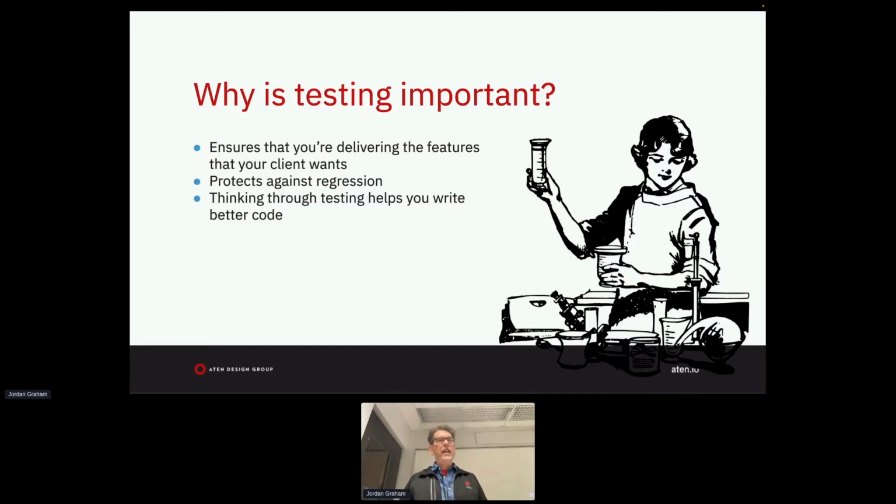And lastly, thinking through your testing helps you write better code. And it can save client budget. I have a colleague who writes his tests first and then develops his code. And a great example of how that can be super time saving is if you're developing a feature that requires a user to fill out a form,